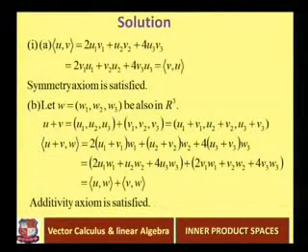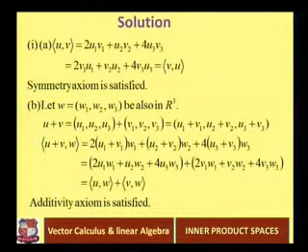Now we check the second property. For that, we write the inner product of u plus v comma w, by the function, that is 2 times the first element of the first vector and the first element of the second vector. So the inner product of u plus v comma w is equal to 2 times (u1 plus v1),